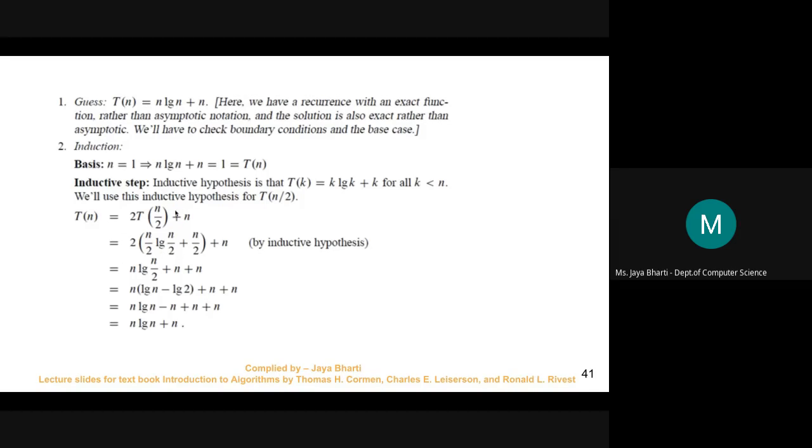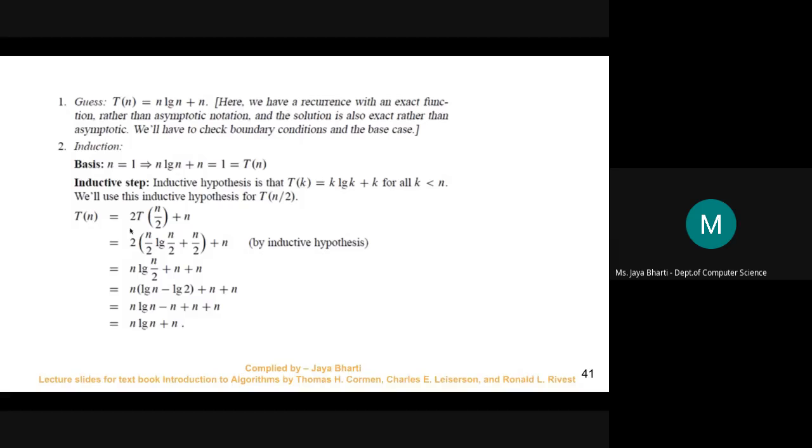Okay, sorry. So now we need to substitute the solution in this place. Okay, so we will substitute it in place of this because we have assumed that T(n) is equal to n log n plus n. So 2T(n/2) is equal to, firstly we need to find out what will be the T(n/2) value. You need to place here. So it will be n by 2 log n by 2 plus n by 2. Okay, so wherever there is n, we have to substitute it with n by 2. So in that way you are going to get the T(n/2) value.